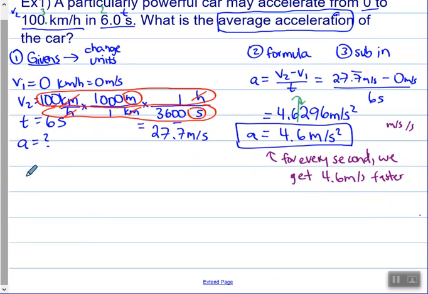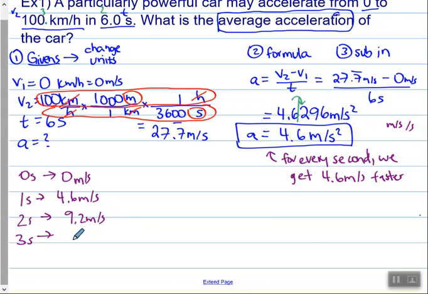So at 0 seconds, we're going 0 meters per second. At 1 second, we would be going 4.6 meters per second faster than that, so 4.6 meters per second. At 2 seconds, we would be going 4.6 meters per second faster again, so 9.2 meters per second. At 3 seconds, we would be going 13.8 meters per second. At 4 seconds, we'd be going